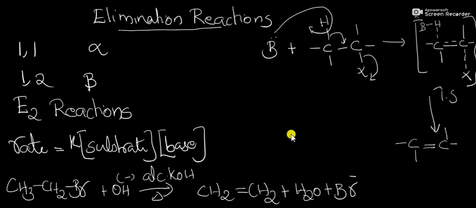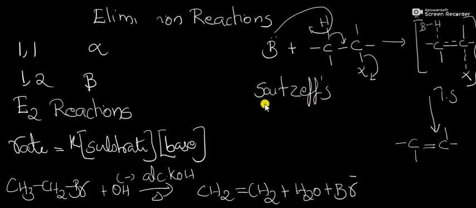We know that dehydrohalogenation of alkyl halides gives different products, a mixture of alkenes, in which the predominant product will be the Zaitsev product. What do you mean by Zaitsev rule? That is, in 1-2 elimination reaction, the predominant product is the most highly substituted alkene. That is, the one that has greater number of alkyl groups attached to the doubly bonded carbon atoms. That is called Zaitsev rule.